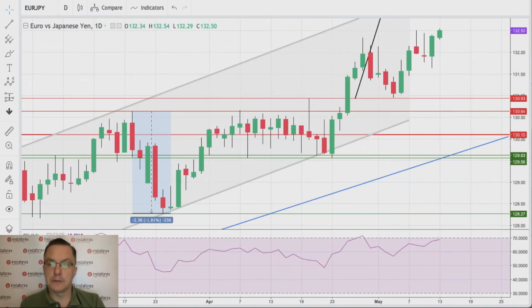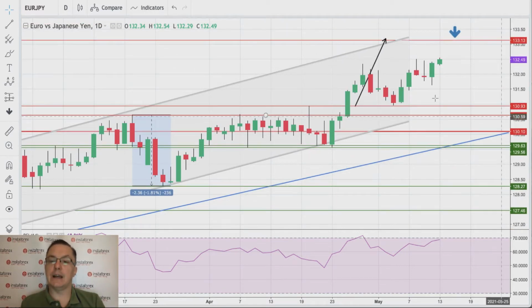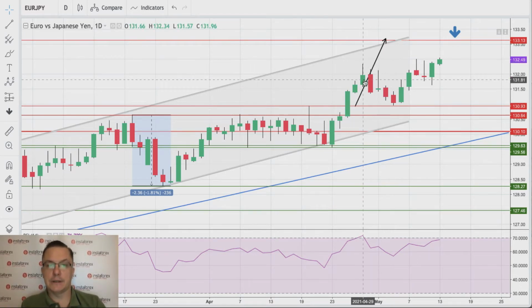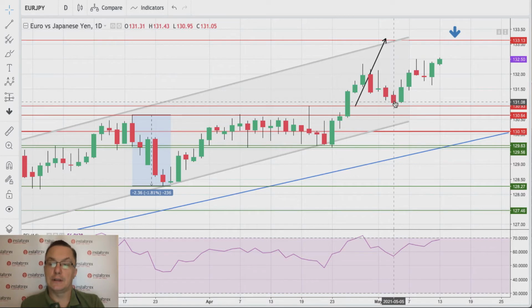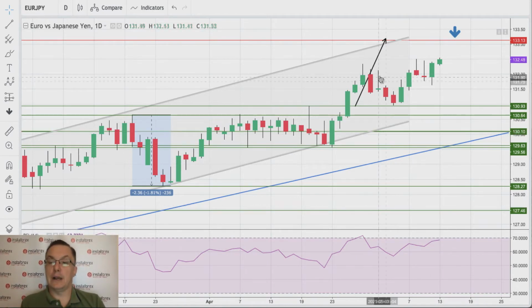Let's take a look at the Euro to the Japanese yen. This situation is kind of in line with our expectations. We have a new local high made at 132.34, a test of the technical support. So now we will relabel this, color coded to the green color, and this is another green level. There you go. So we have tested the support, and we are heading higher.